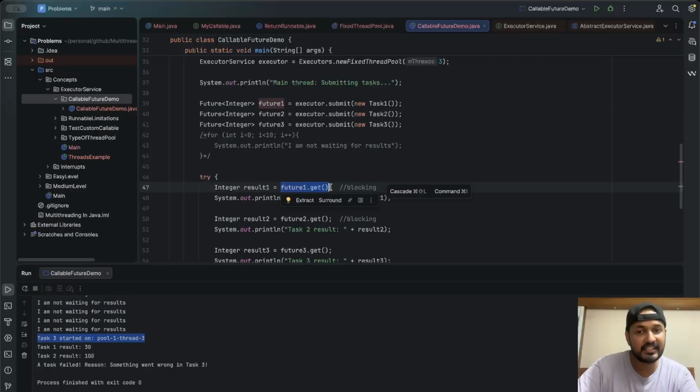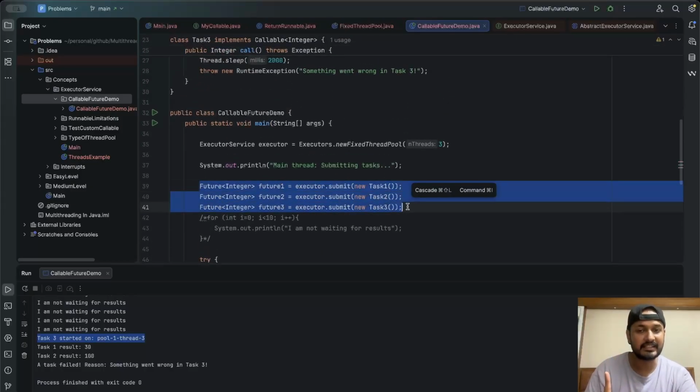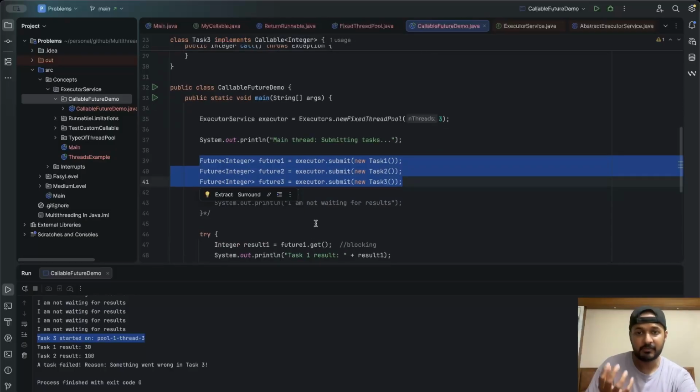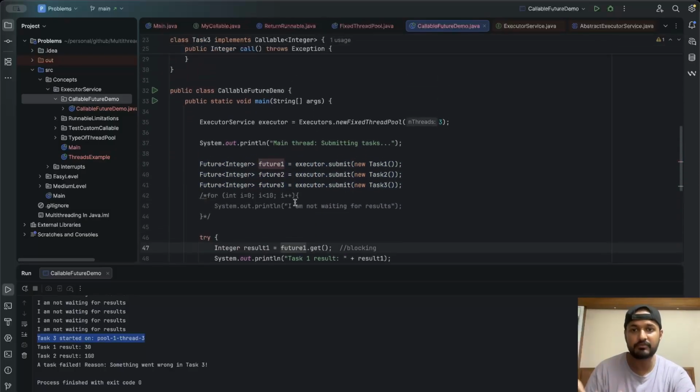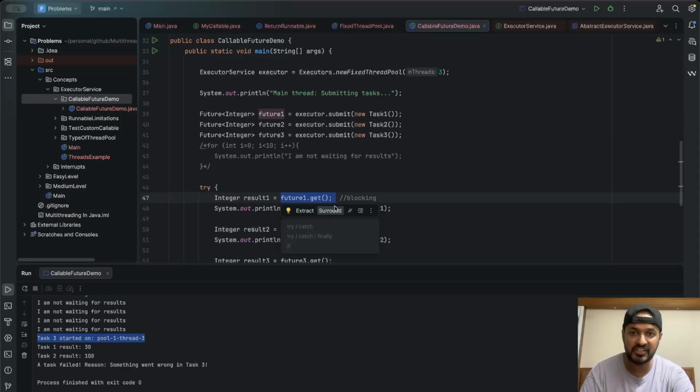If it doesn't get completed, the main thread will not move forward, right? So it is very important. When you submit a task, the task is submitted and those tasks run in parallel. After that, the main thread can also work in parallel. But as soon as you want the result back from those threads, from the Future object, and you write future1.get, future1.get is a blocking operation, right?